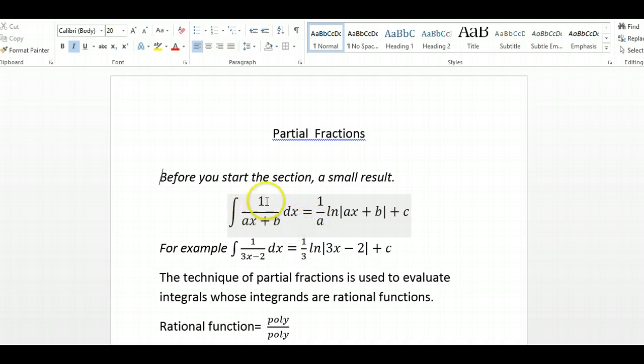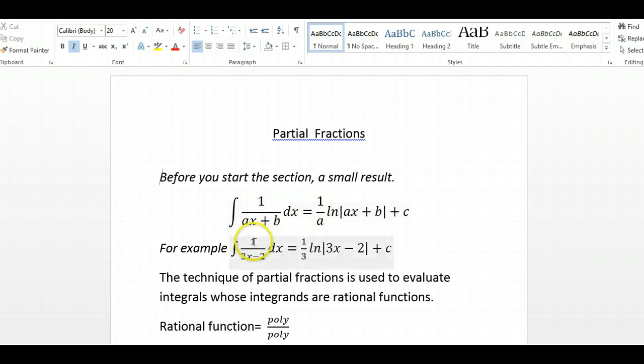Okay, so now every time if you want to evaluate something like this, if you have to use the U-substitution, then it's going to take a long time. So what I would recommend you do is you remember this, and use it freely as a result. So remember, if you have 1 over something linear, the integral of that would be 1 over the coefficient of x times natural log of the whole